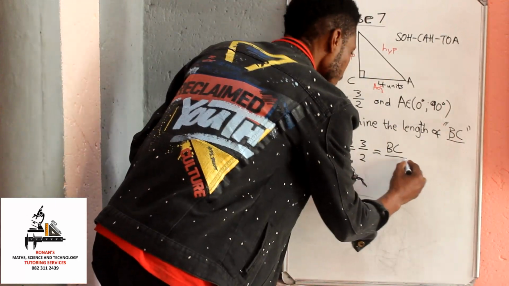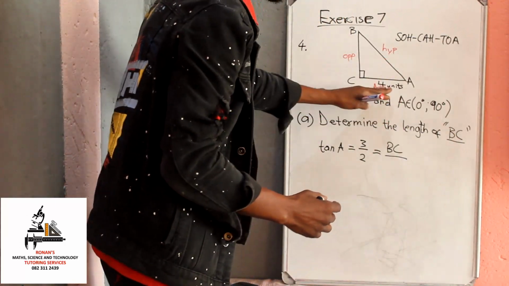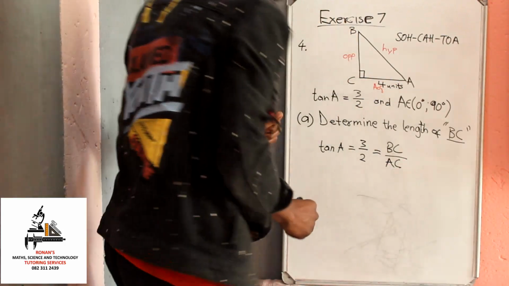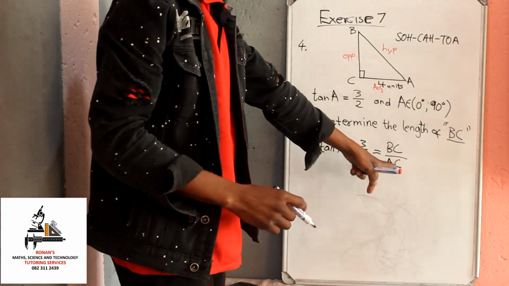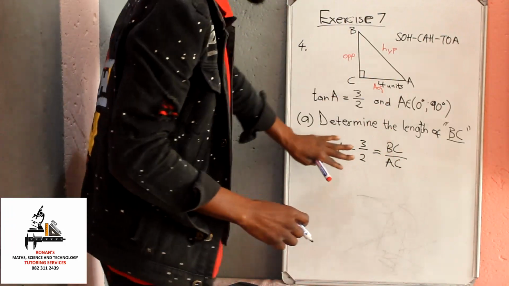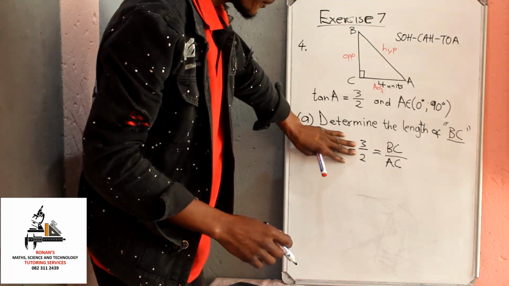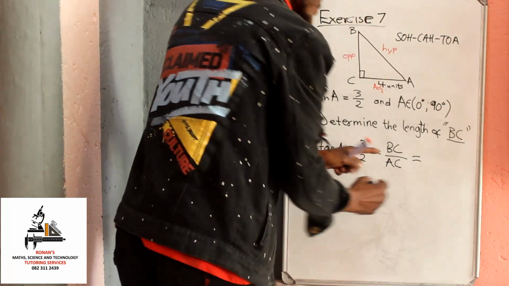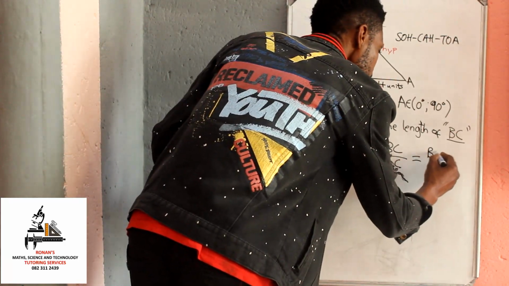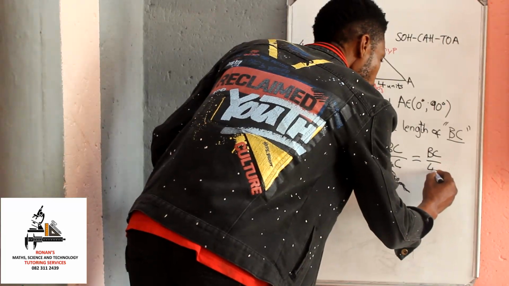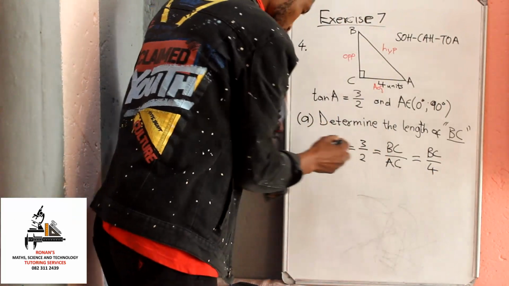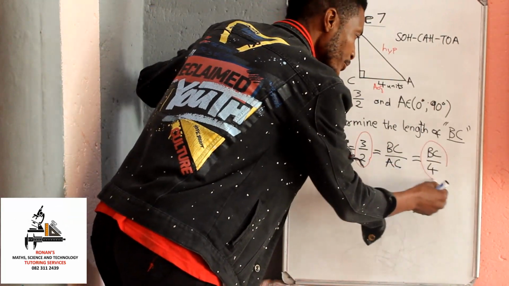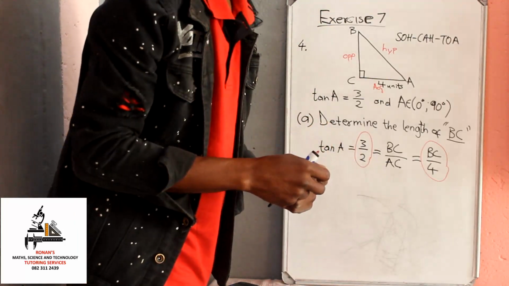And then the adjacent side is now AC, which is actually given as 4 units. Now, we're not going to concentrate on the tan A. We're going to eliminate this, and then we're going to substitute the value of AC, being BC over 4 units. Now, we're going to take this part